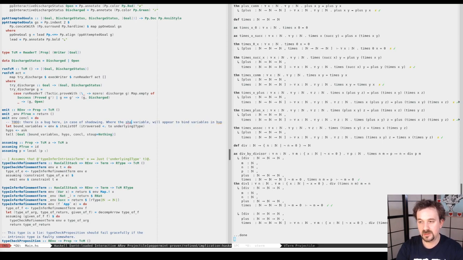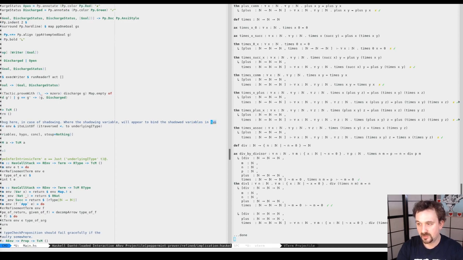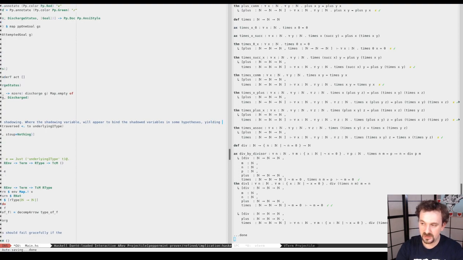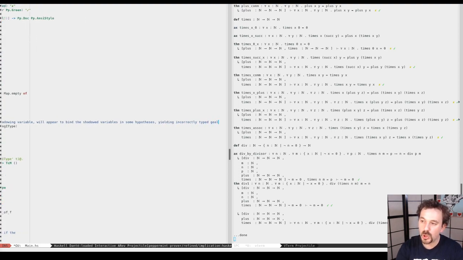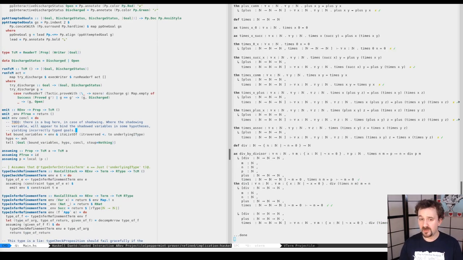Shadowing will appear to bind the shadowed variable in some hypothesis, yielding incorrectly typed goals. Boo! Incorrectly typed things. That's wrong. Okay, so that's something to remember for next time, because I don't think we will have time to do it